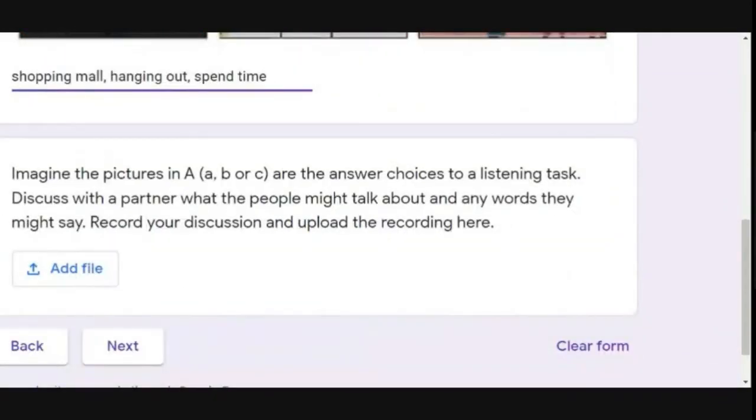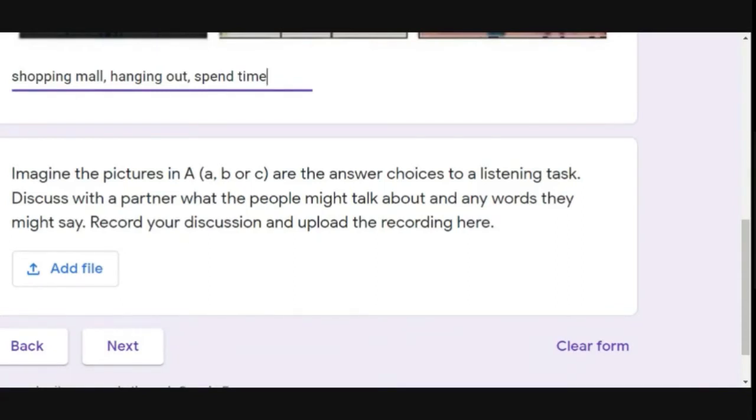Okay, so discuss with a partner what the people might talk about and any words they might say. Okay, so in the listening task, you can think of what are the content that these people might be talking about in the listening task. Any words you may hear from them. Okay,